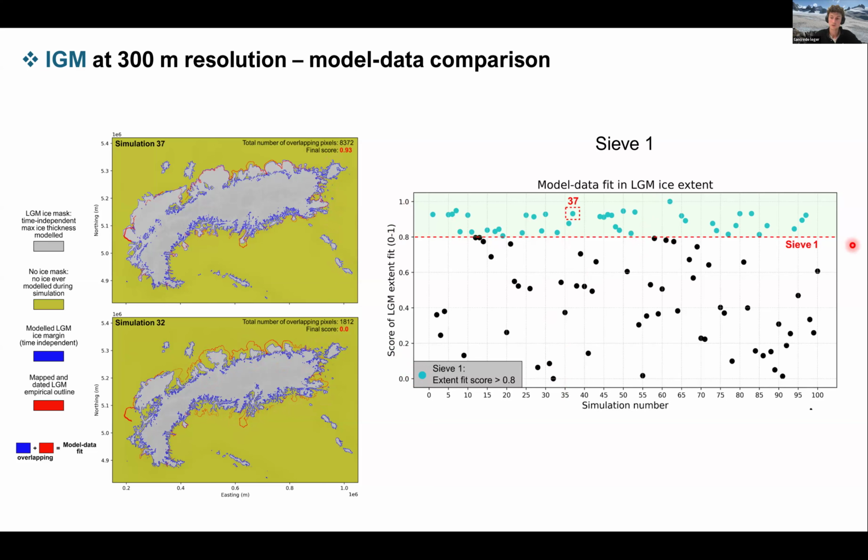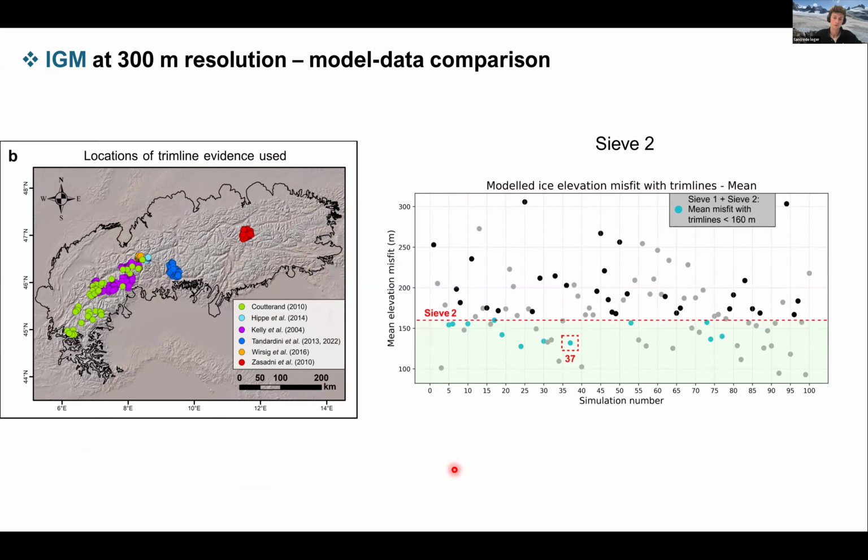And then we have a sieve that basically allows us to filter for the best simulations by only showing the simulations that are above 0.8 in score. So then you end up filtering quite a lot of simulations. I think we only keep 32 here in the light blue. And you then give those 32 simulations to the next sieve, number 2, which here filters for the ice thickness fit with data. So what we do is we collected